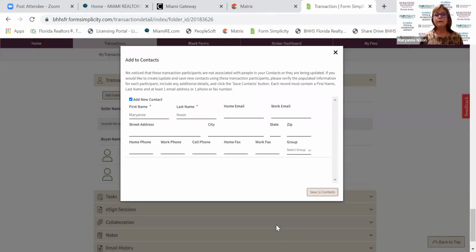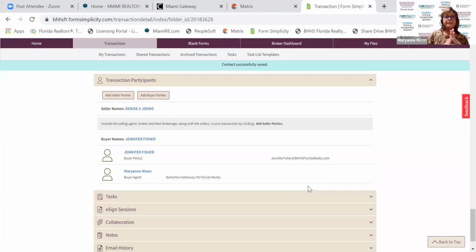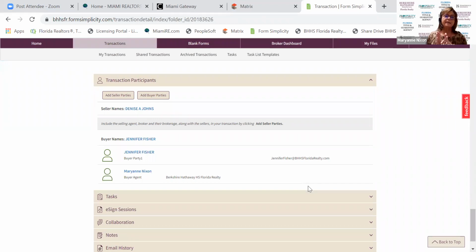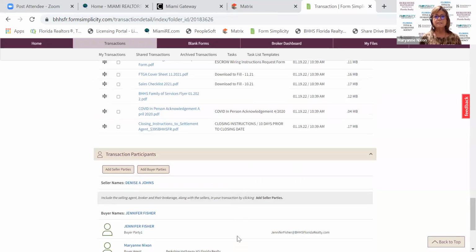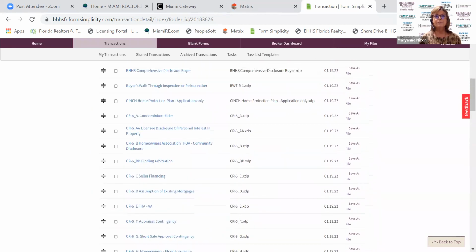That way, when we're working on a transaction, we can always go back, and if you're going into an e-sign session, which we're not going to do today, that will be a separate recording, all the information, the parties involved, the email addresses and everything, when you're starting your e-sign, all that data is also brought into the e-sign session, so you don't have to sit there and fill out over and over again the email addresses and so forth, okay? Once you've completed all the participants, in this case, we're working with the buyer, then we're going to go back up to